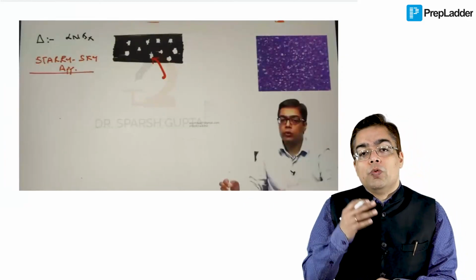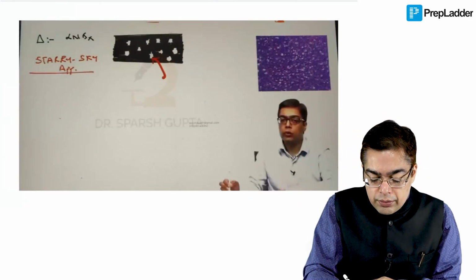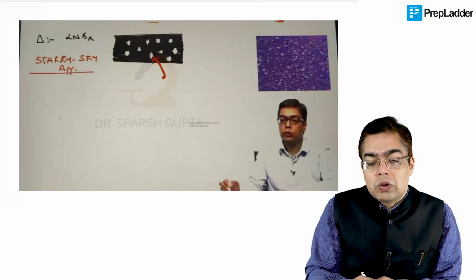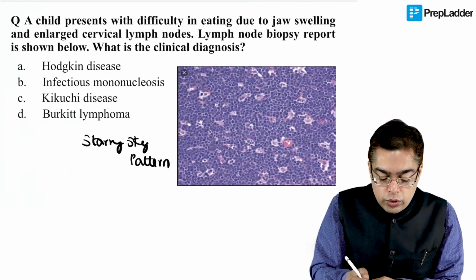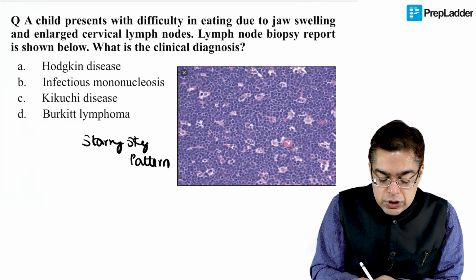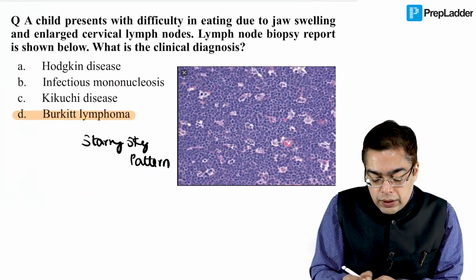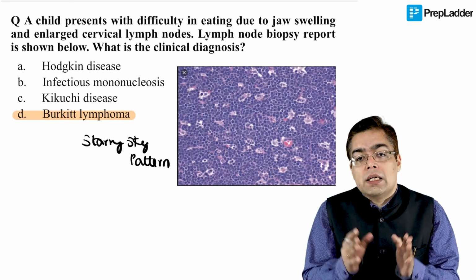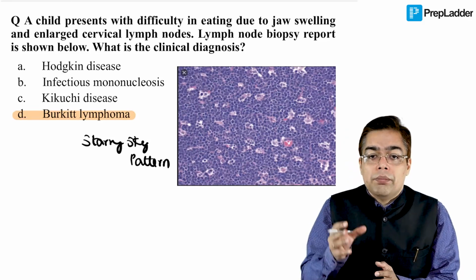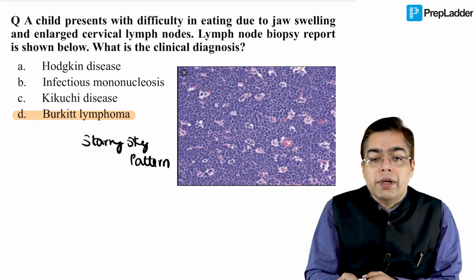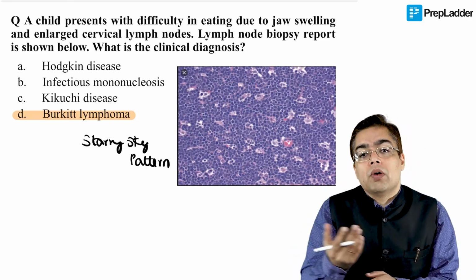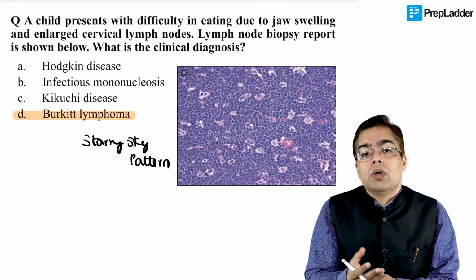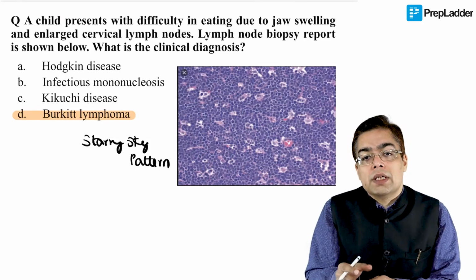Something that I have discussed with you with almost a similar kind of image in my discussion, as well as something that we talked about in the YouTube live session. So I wanted you to be familiar with the fact that the answer for this question happened to be really simple. That happened to be something like Burkitt's lymphoma. I did talk about that in the YouTube live session, and I repeat that with you. They might as well give you the same history, the same image, and convert it into a microbiology question wherein they will talk about the etiological agent responsible for this kind of a change.